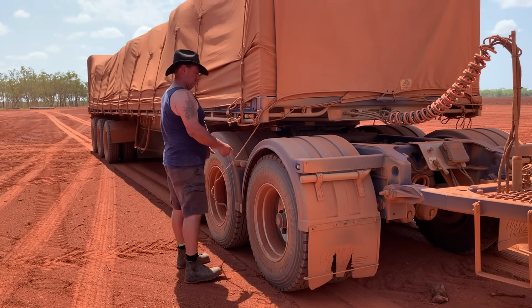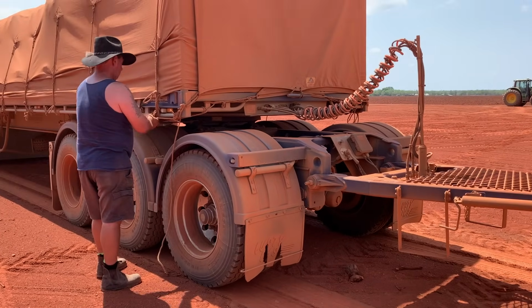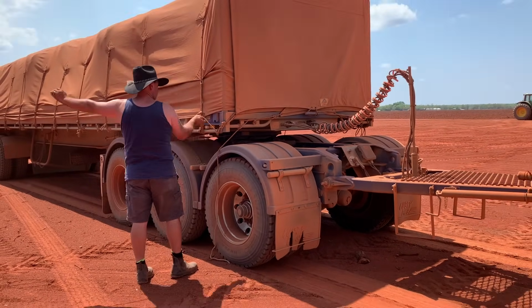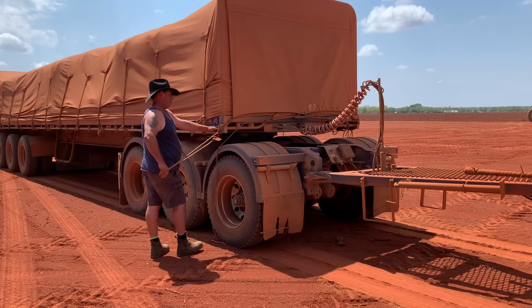Here you can see I've just opened up the tautliner, which we actually unloaded last. Now I'm undoing all the ropes on the tarp. We haven't taken a full video of me untarping because, really, you don't want to see that. It takes a while. But once I've got all the ropes untied, we then pull it over to one side,